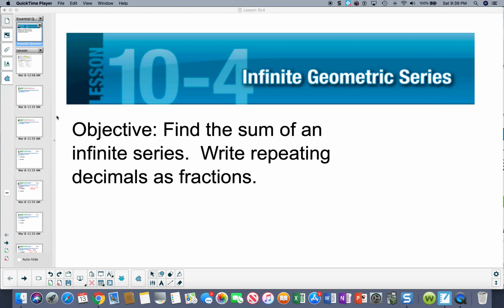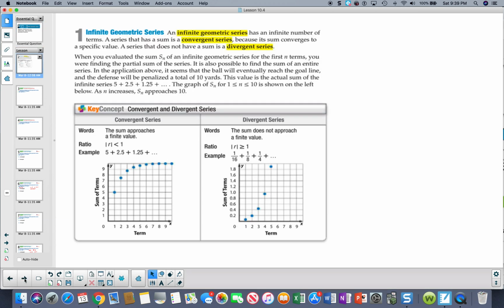Lesson 10-4, Infinite Geometric Series. Objective: find the sum of an infinite series. Write repeating decimals as fractions. We are going to look at an infinite geometric series, which means there's an infinite number of terms, not like